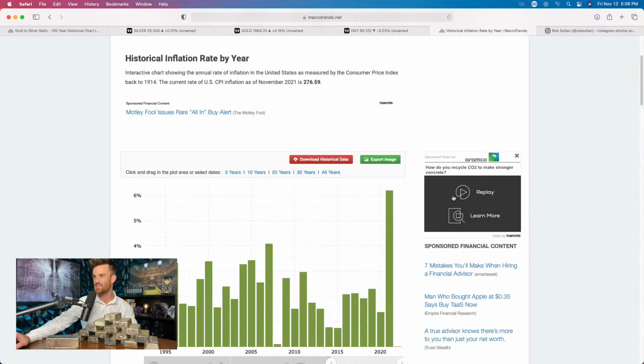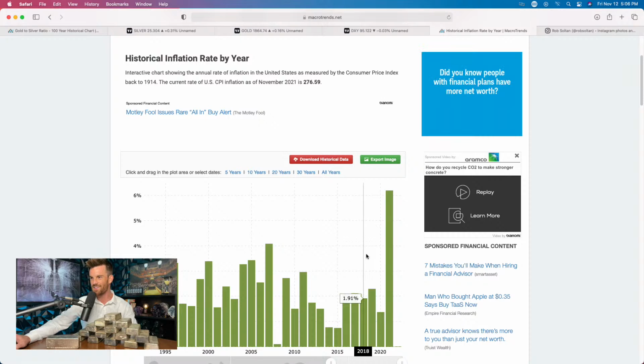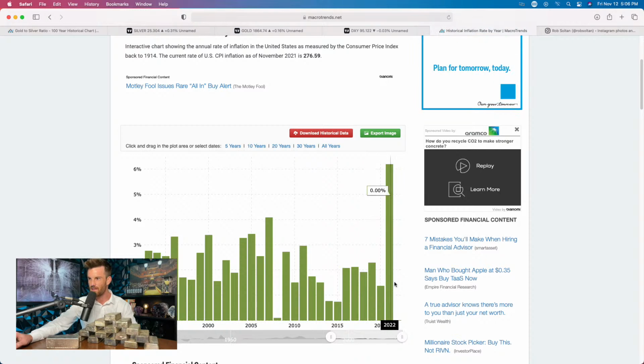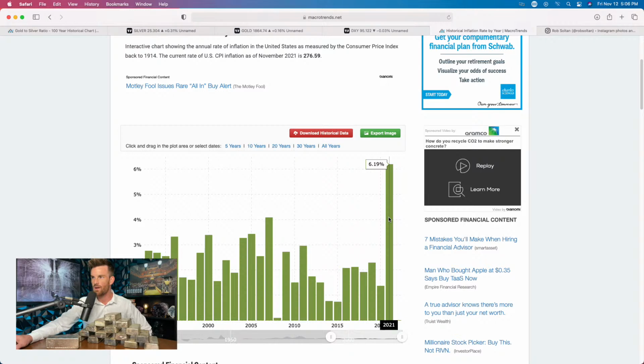But here's this historical inflation chart. How crazy is this? What's funny is in this year, in 2021, it has changed multiple times, but it only shows this one at 6.19%, which is the recent data that they came out with. It was transitory here. It was transitory here. It was transitory there. And then it was transitory there too, all in the same year. Can you believe that? How transitory of a year that is? Wow, it's a ton of sense, Powell. Ton of sense, Yellen. Did a great job. Fantastic job over there. Bravo to them.